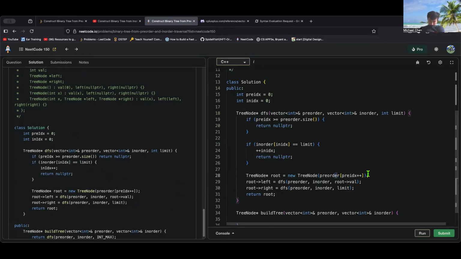So after this, pre-index should become one, right? If I'm not mistaken. And if I ask root value to become the limit,